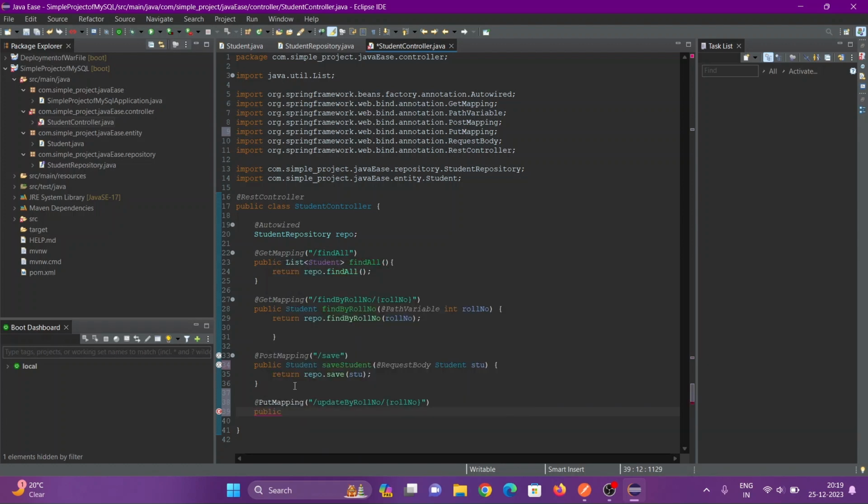Public, here we return a string. Okay, update a student at the rate of variable int roll number, at the rate request body student stu. Okay,